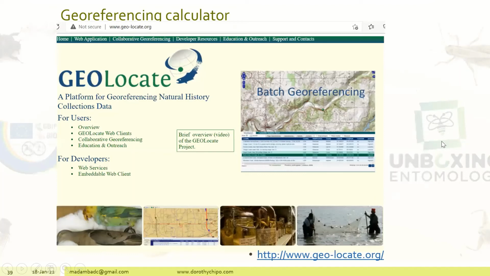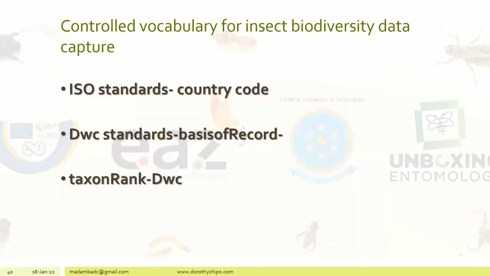Then sometimes you want to include georeferencing, the points, and sometimes you just describe the place, you can calculate the actual points using a georeferencing calculator like GEOLocate, and fill out your data as you capture. Then these are just a few of the many examples of controlled vocabulary that you can use. Instead of describing your data your own way, there are already ways of describing it, so you can familiarize yourself with